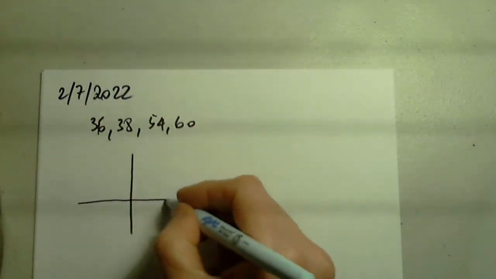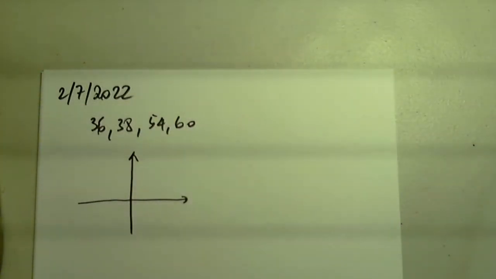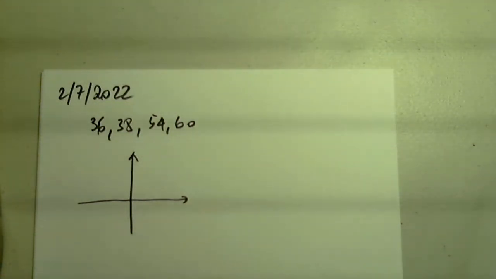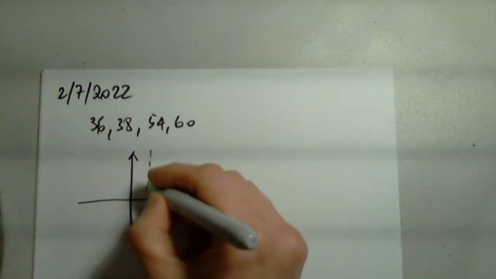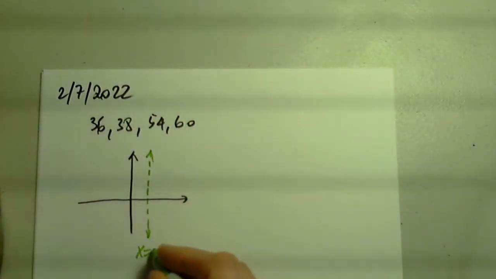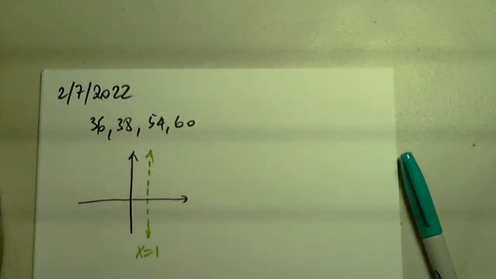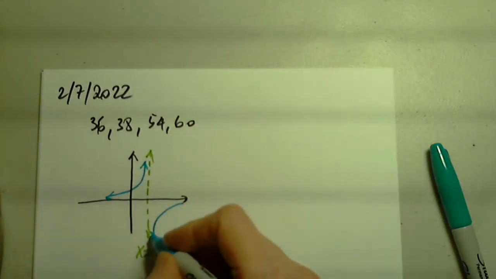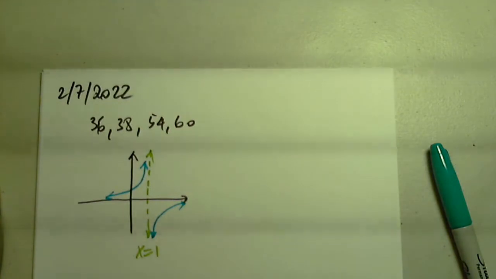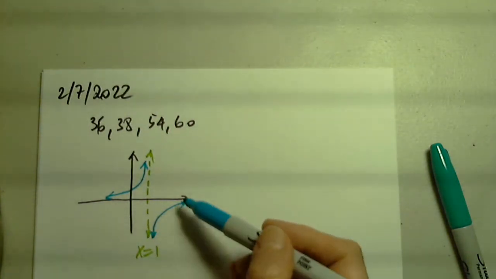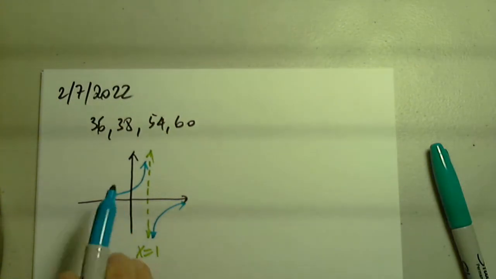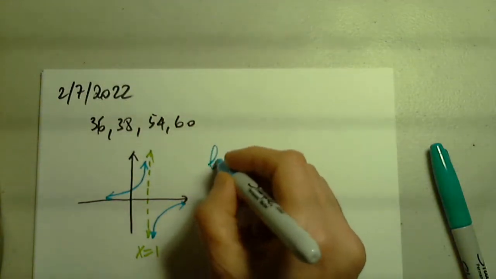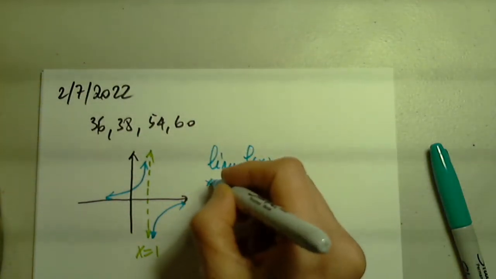When we look at a function like this, let me know if you can see any problem anytime. So if we look at a function, let's say this is x equals 1, and this is the function, like we have in this situation. You notice that as x approaches 1 from either side, one limit is infinity, the other limit is negative infinity. So of course I will write that the limit of function f of x as x approaches 1 from